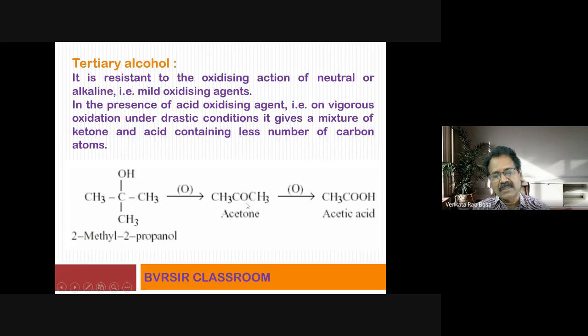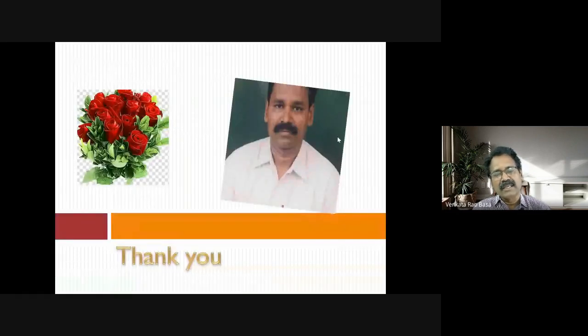This is further subjected to oxidation under drastic conditions and gives rise to a carboxylic acid. Here the acid formed is acetic acid. How many carbon atoms are there? Only 2 in number. So in the first step one carbon less, and in the second step another carbon less. So a ketone is formed, and further oxidation gives a carboxylic acid. Both of them will have a lesser number of carbon atoms. Okay, in this way, today we were able to discuss a most important topic, alcohols, preparations, and